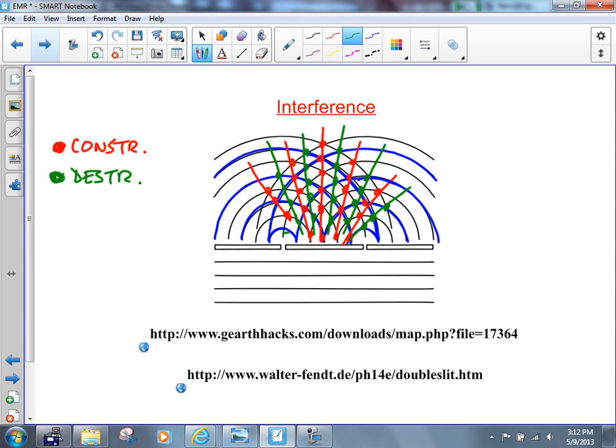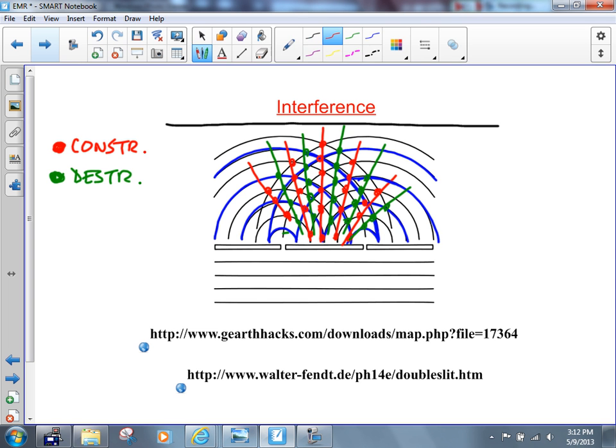So if they're water waves, you're going to observe that everywhere along here, everywhere where you see these red lines and these green lines. If it's light waves, you're not going to observe it right in there because you can't see these colors, these light waves, until they strike something, until they refract or reflect off of something. Let's put a screen up here so that we can observe the light rays. On that screen,